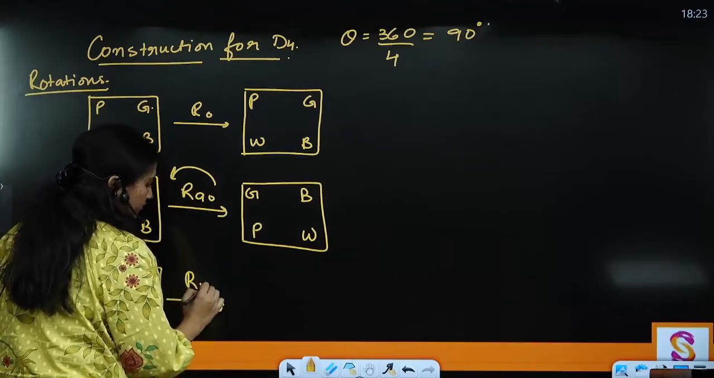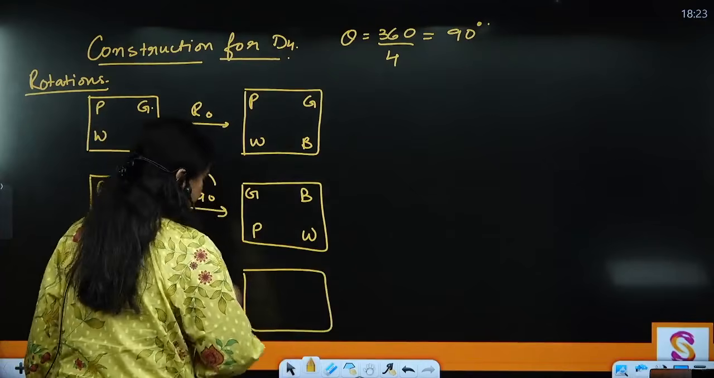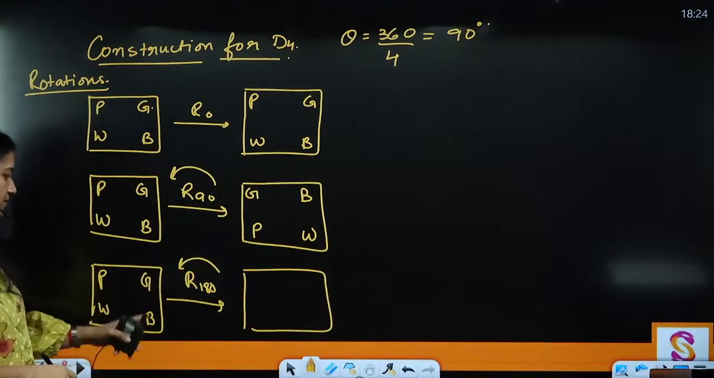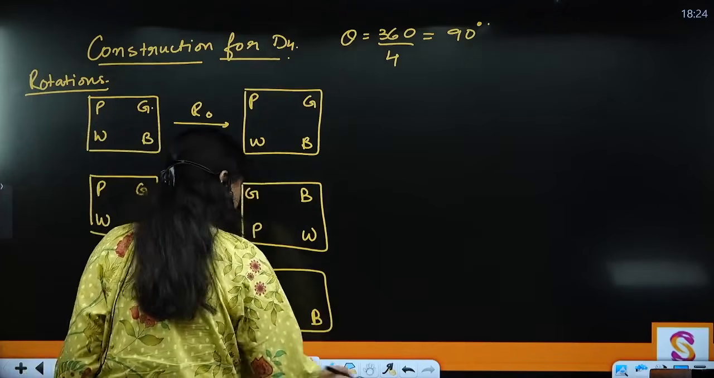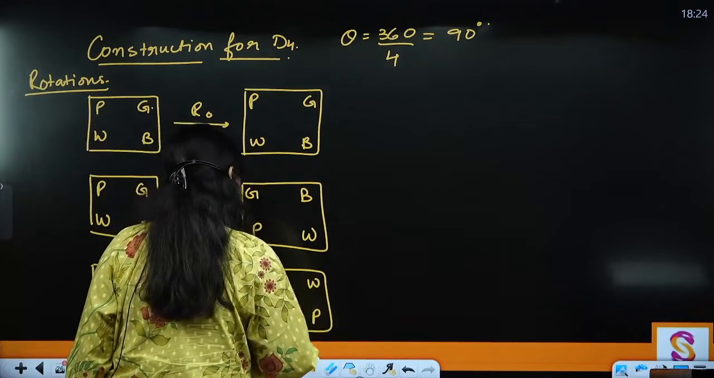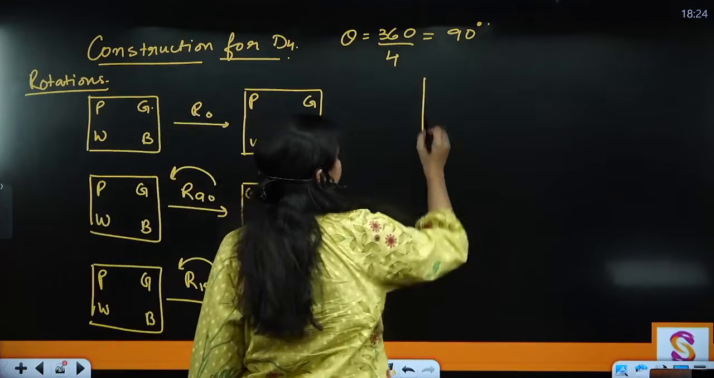Then rotation through 180 degrees. This is what? P will shift 2 places. Similarly, W will shift 2 places, B will shift 2 places, and G will shift 2. So this will be P, W, and B, right? And then finally we have